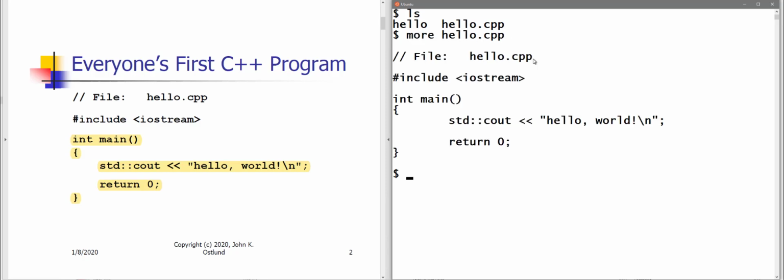There's the source code. If I run the compiled program, ./hello, we see that hello world is displayed on the screen. I claim that return 0 is also passed back to the system, but where is that 0 exactly? Well, how you display or how you see that return value from main depends on the kind of user interface